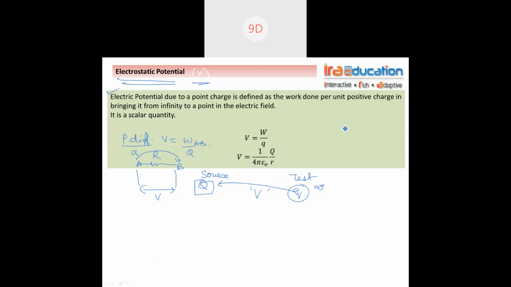Now think about it. What is the formula? It is the work done to move a charge from infinity to a point. Electrostatic potential means from infinity to a point. Potential difference means from one point to another. Now substitute it in our formula. The formula we just learned, 1 by 4 pi epsilon naught, q1 q2 by r square, was the force. Force with respect to charge was work.